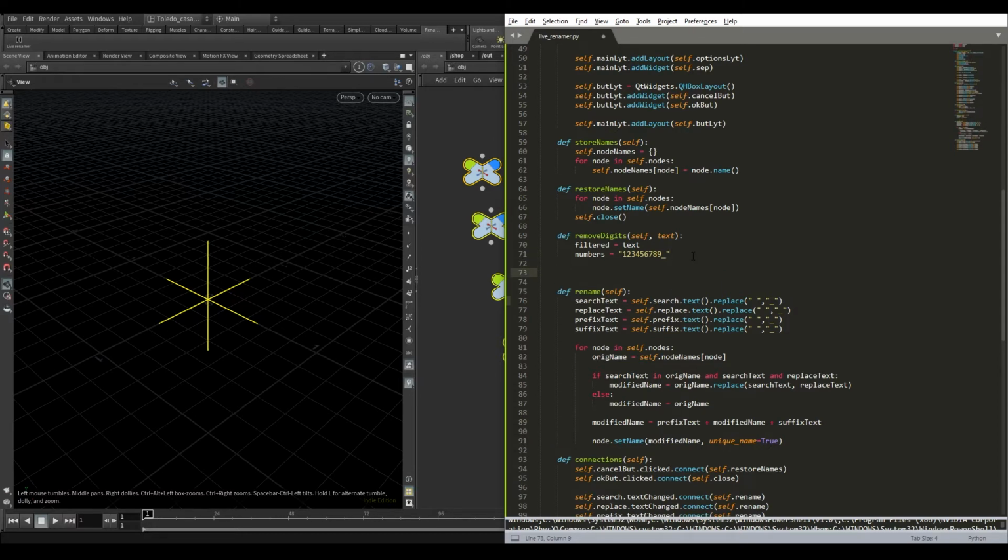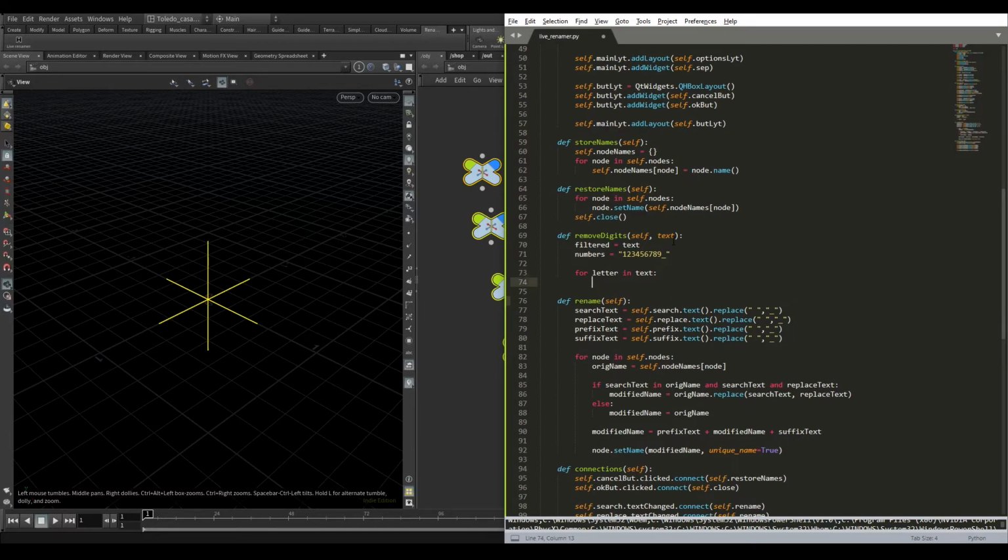So for every letter in text, so for every letter that this text has, we want to check the last character. So last will be filtered